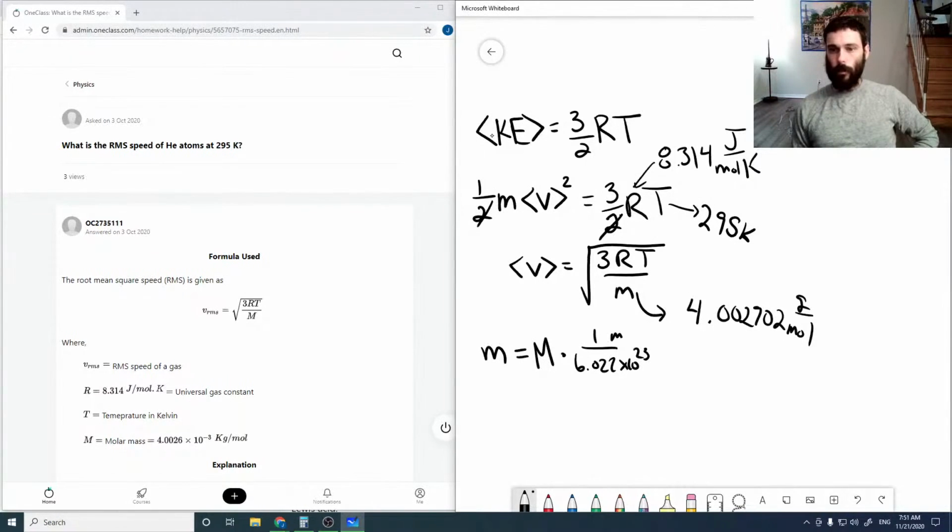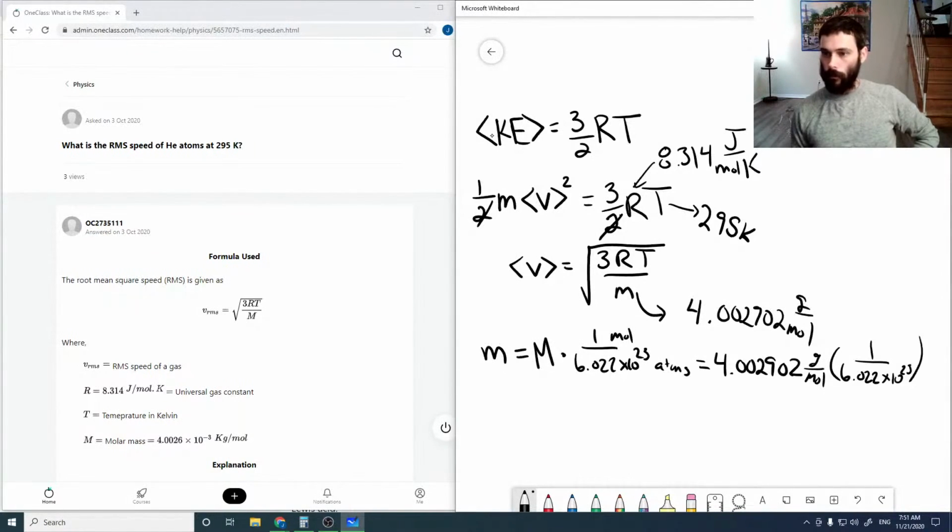So that's 1 mole, and that's atoms. And so doing that multiplication, grams per mole, 1 over 6.022 times 10 to the 23 per mole. So the moles cancel, and we get